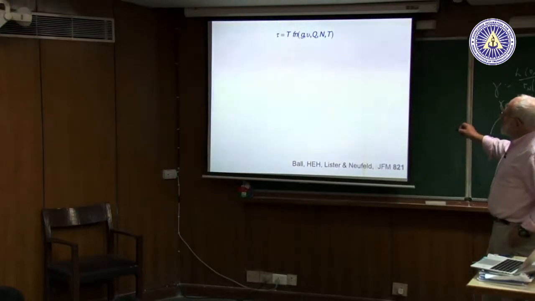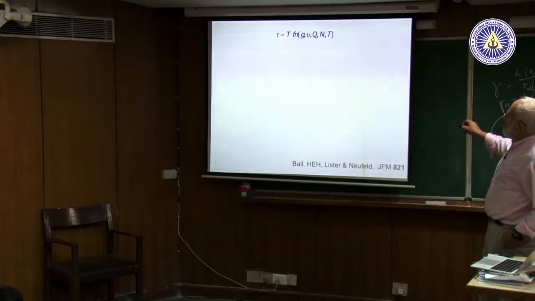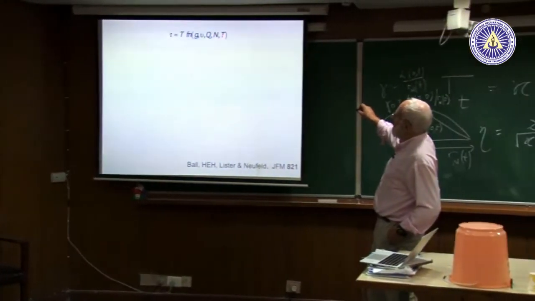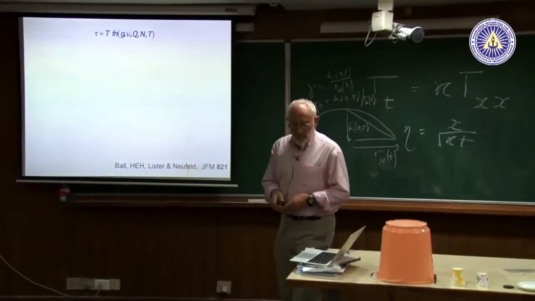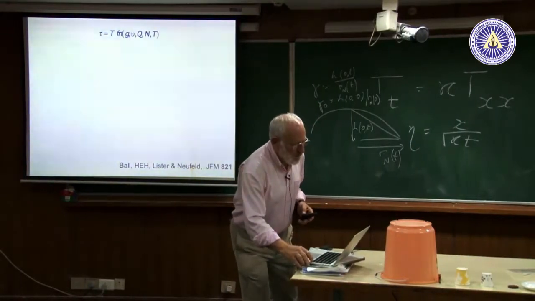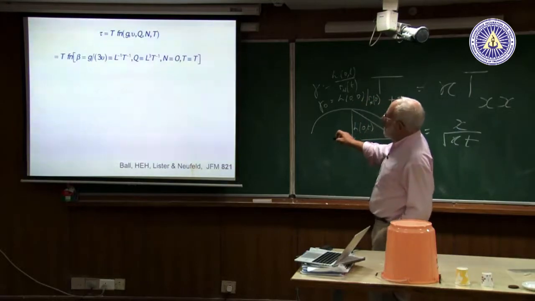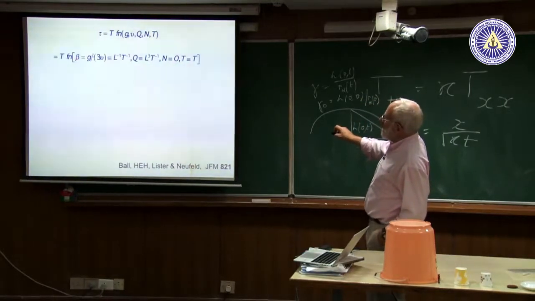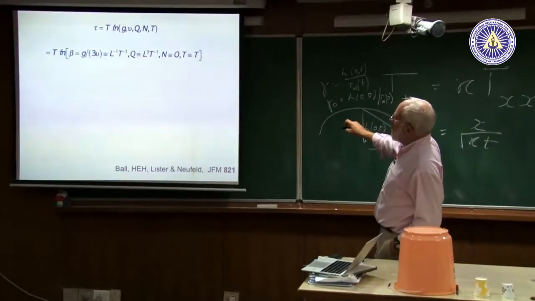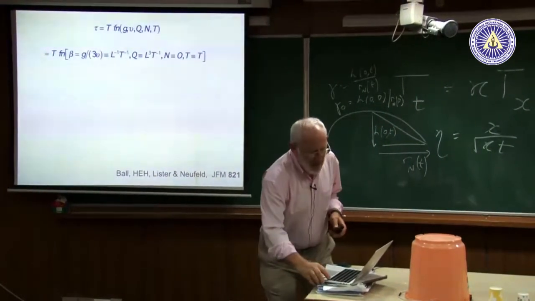So what could happen is that the time to reach this new flux depends on the time since it's been going. G, nu, Q the flux, n the change in flux, and T since it's first been going. And that's all there is. Guess what? We're going to use dimensional analysis again. It must be proportional to T. Here are the properties, and here are their dimensions.